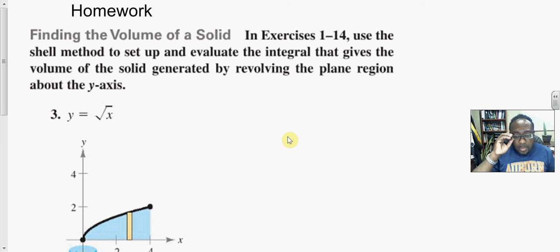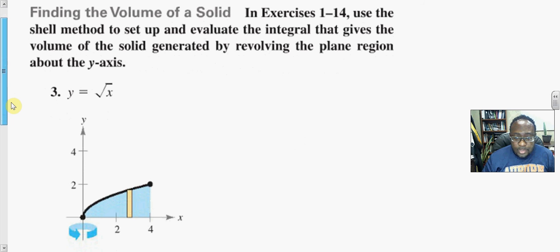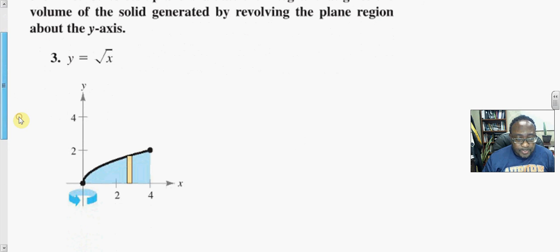Compute the volume for the following problems using the shell method. Here, for exercises 1 to 14, they're all revolving about the y-axis. So for number 3,